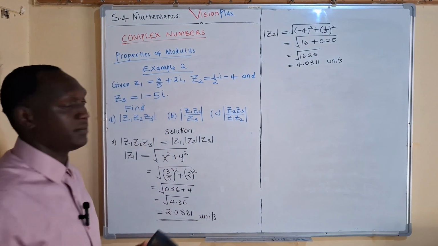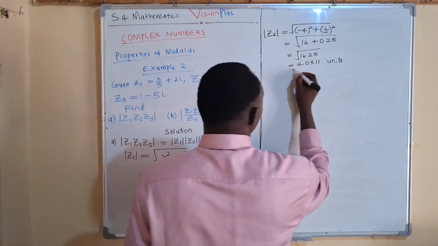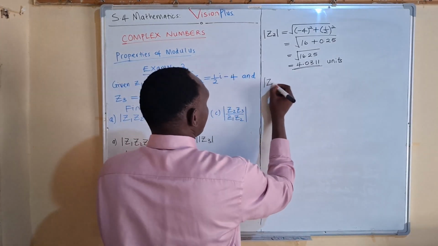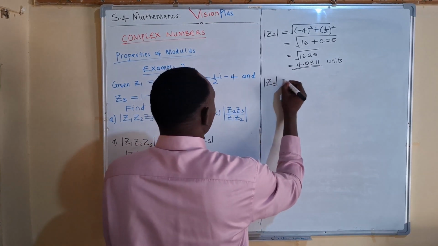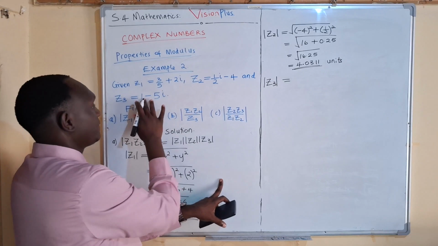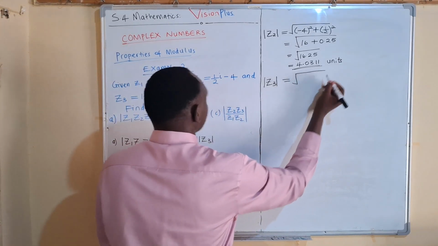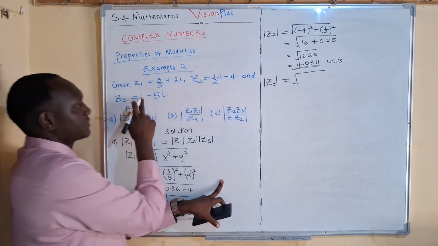So we have the magnitude of Z1 and the magnitude of Z2. And then we find the magnitude of Z3. What is Z3? Z3 is 1 minus 5i. So we shall have the square root of x, where x is the real part of the complex number, which is 1,